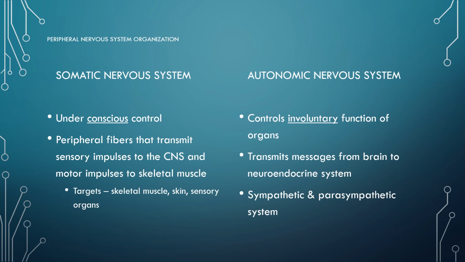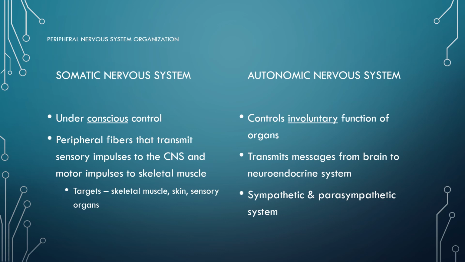That's done through peripheral nerve fibers that transmit sensory impulses from your periphery, so from your extremities to the CNS, and then back down from the CNS to the skeletal muscle through motor impulses. Targets are skeletal muscle, skin, and then your sensory organs like hearing, taste, smell,